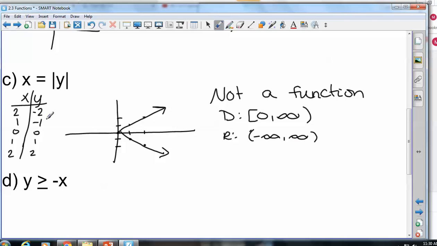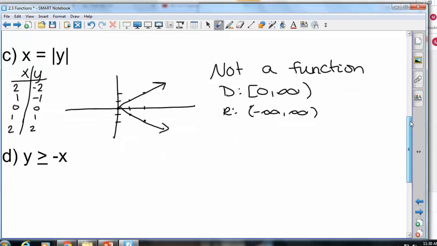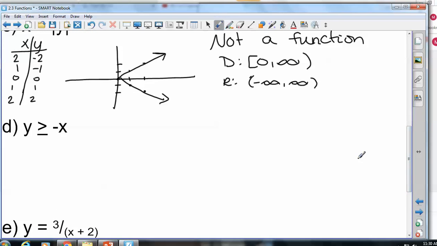What's our range? This one's going down, that one's going up, so eventually we'll hit everything. Okay. D. You can graph y equals -x on your calculator, can't you? What's that? Just say line, y-intercept is 0, slope is -1. If you graph that,